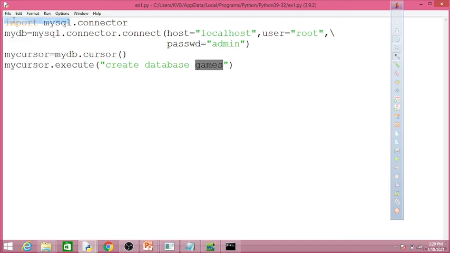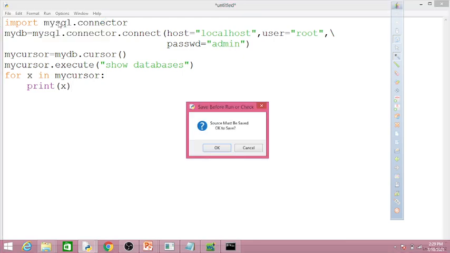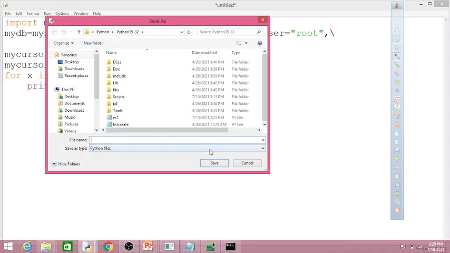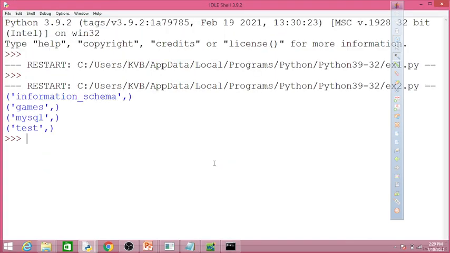I am creating a new file and typing this. So let us check. I am giving the name ex2, save, and here you can see the output.